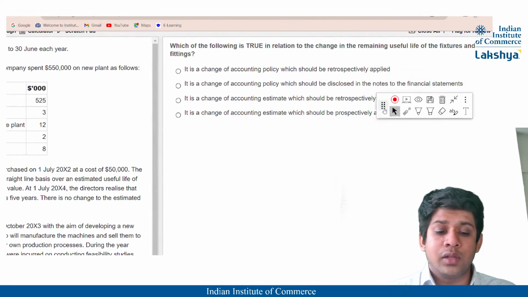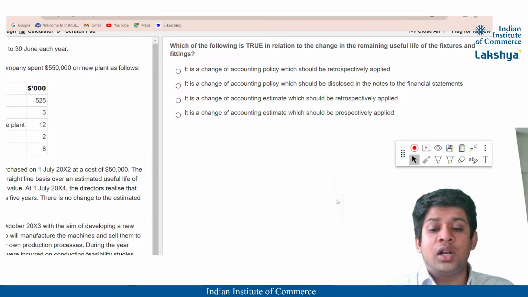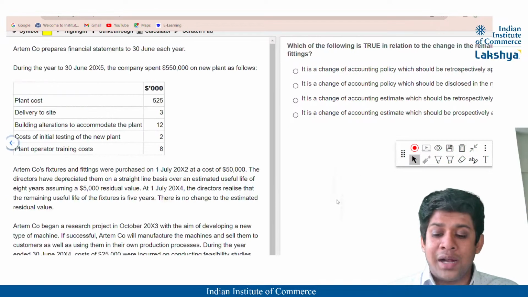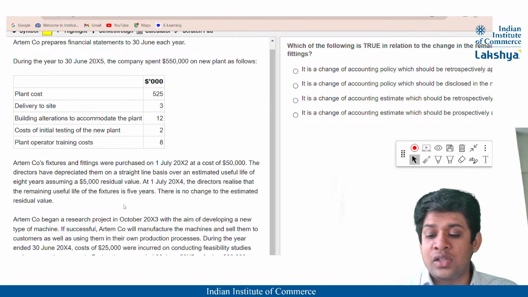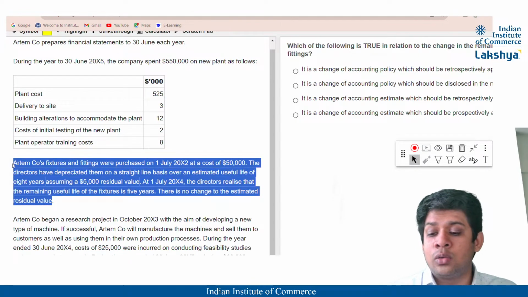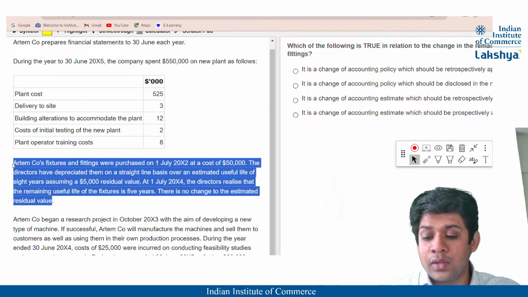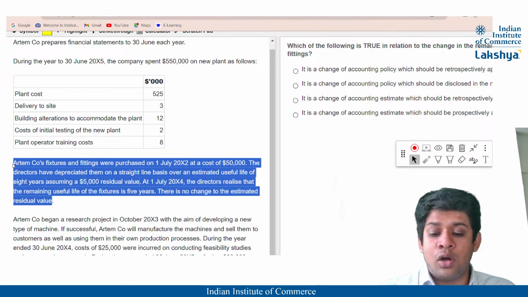Which of the following in relation to a change in the remaining useful life of the furniture and of the fixtures and fittings are true? Okay. So you have to identify the one which is true relating to your fixtures and fittings. This is the scenario I think to which this question is related. Atom Company's fixtures and fittings were purchased on 1st July 2012 and the cost of purchase was $50,000. The directors have depreciated them on a straight line basis over an estimated useful life of 8 years, assuming 5,000